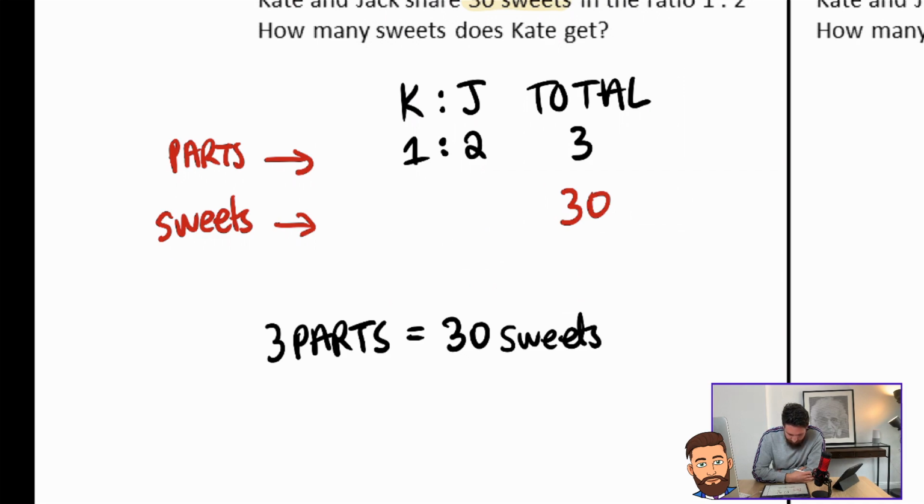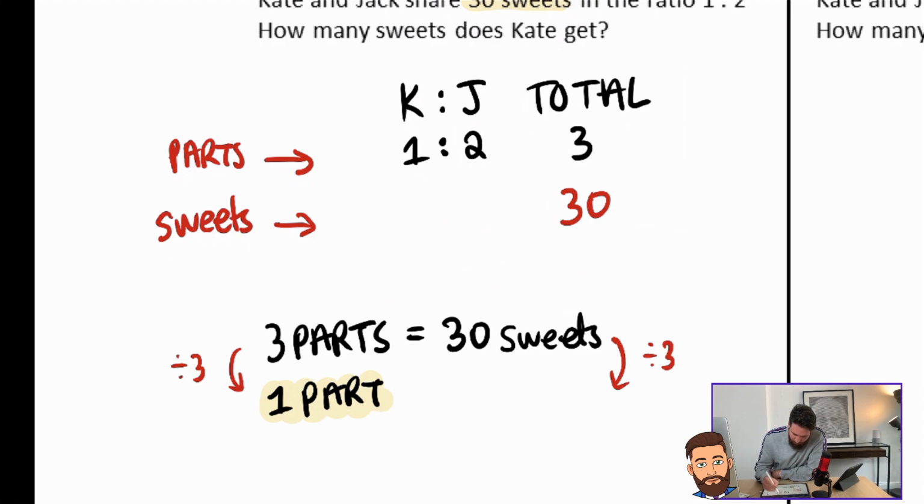3 parts equals 30. So what would 1 part equal? That's the key. The key to ratio questions is to find 1 part, because if you know what 1 part is, you can see any part. Quite clearly, if I want to get 1 part, the trick is you divide it by 3, because what goes into 3 once? 3. The trick is you divide by how many parts you've got, and that will always get you 1 part. So if I divide the other side by 3, 1 part would be worth